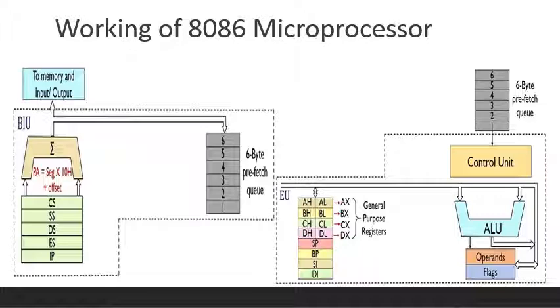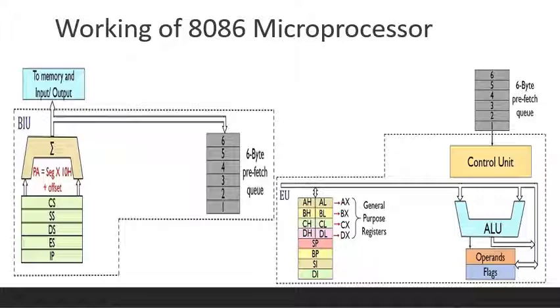Once the physical address of an instruction is calculated by the bus interface unit of the processor, it sends the memory location through the address bus to memory. Further, the desired instruction at the memory location, which is present in the form of an opcode, is fetched by the microprocessor through the data bus. Suppose the instruction is ADD BL, CL, but inside the memory it will be in the form of an opcode. This opcode is sent to the control unit.